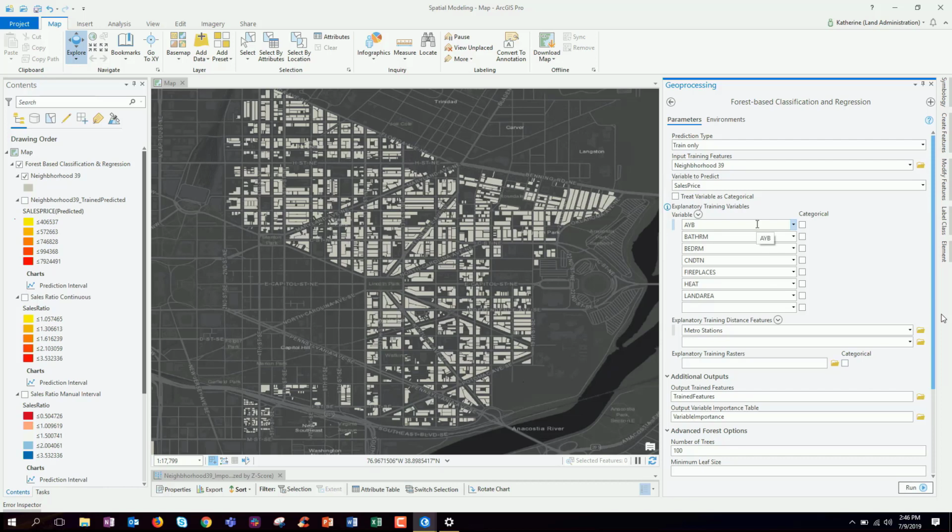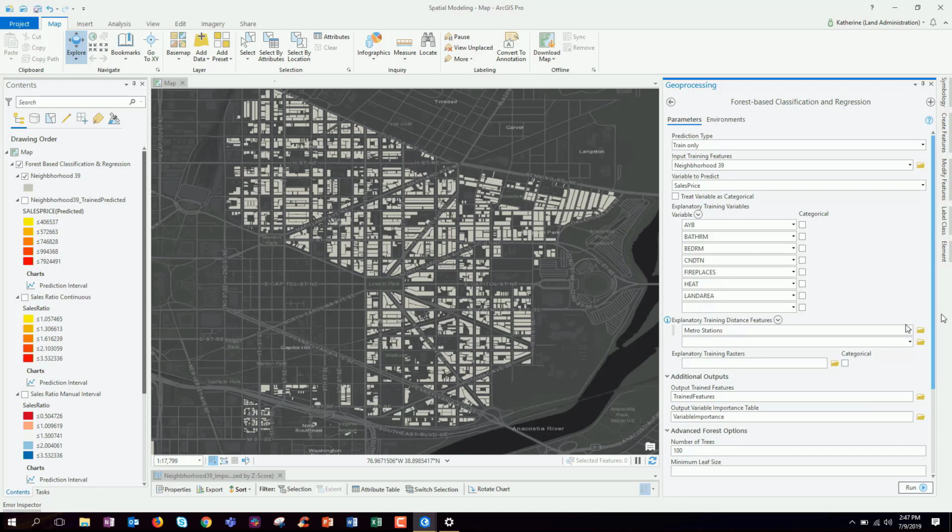And then I'll add all of the explanatory training variables, such as my usual suspects are all there, right? But I'm also going to incorporate the other augmented training variables as well that we identified in the last one. So that means per capita income, as well as this explanatory distance feature, which is to metro stations, right? So I can add as many different characteristics here as I would like, which allows me to hone in further